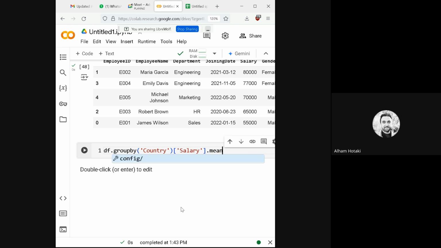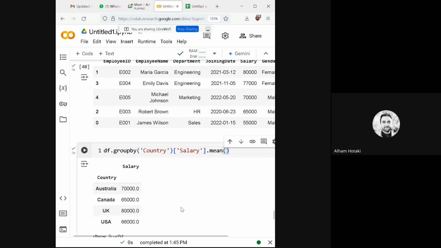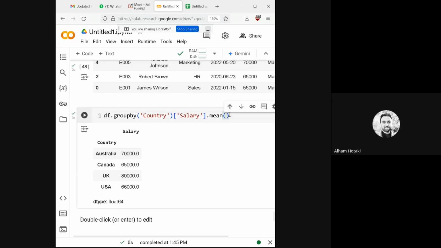I want to know the average of the salary column by each country. I group the data set by country. Then from the salary column, I got the average of all salaries for each specific group item, for that country. See,